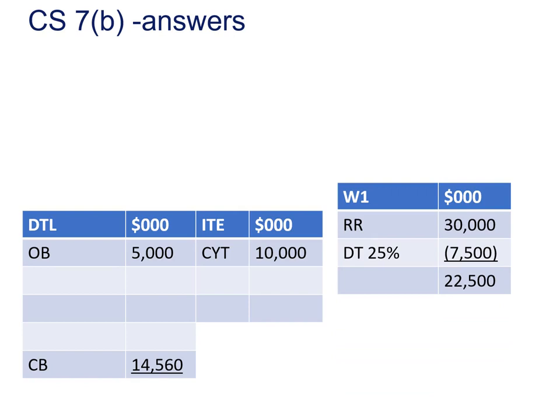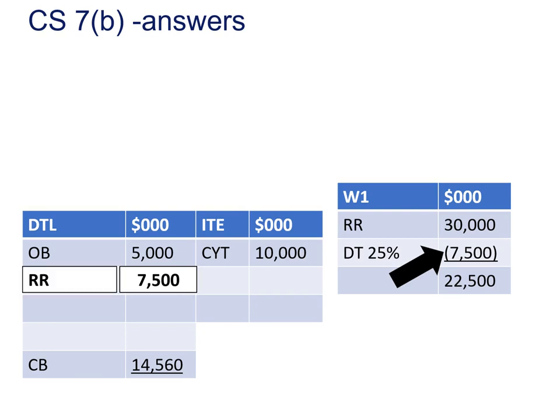Our first working is we need to work out what our deferred tax on our revaluation surplus is. We've been told it's 30,000. Our tax rate is 25%, so 7,500 goes through our deferred tax on revaluation reserve. That means our balance of revaluation reserve should be 22,500 after deferred tax. The 7,500 relates to other comprehensive income, and therefore we know our revaluation reserve, we need to raise a journal